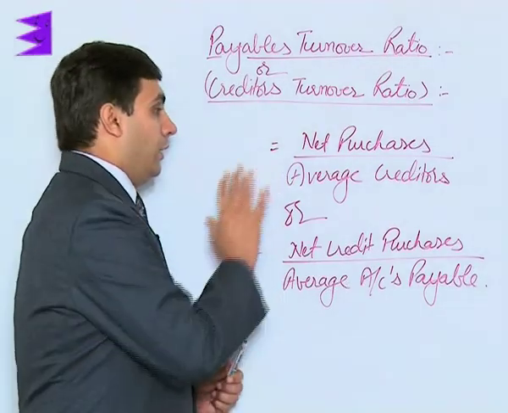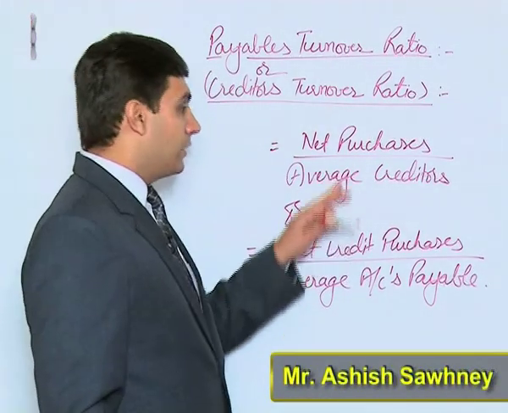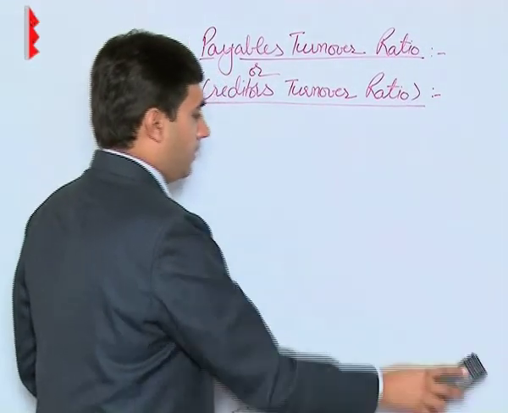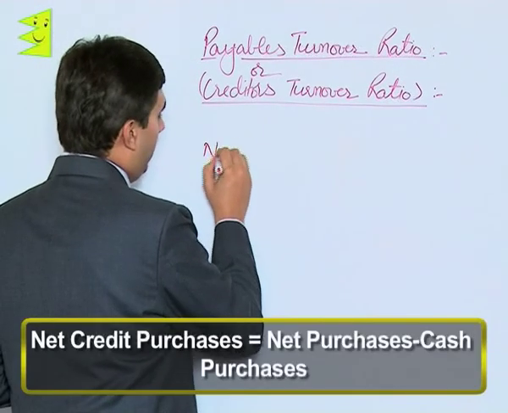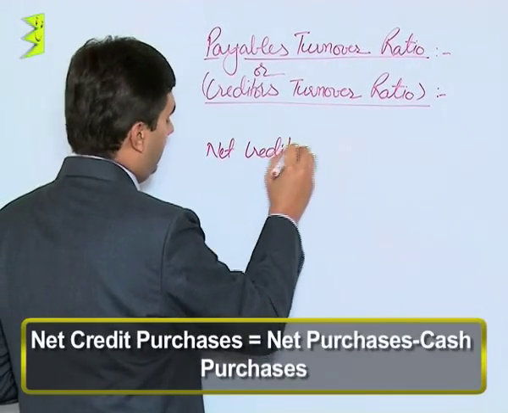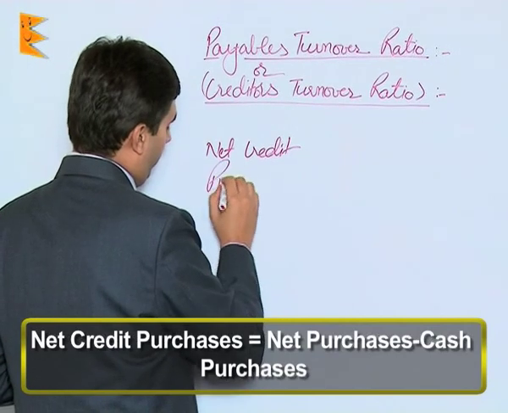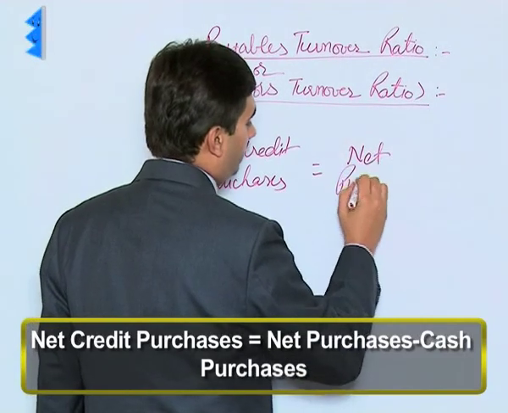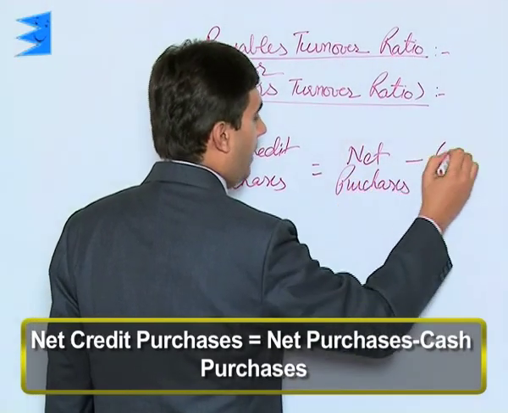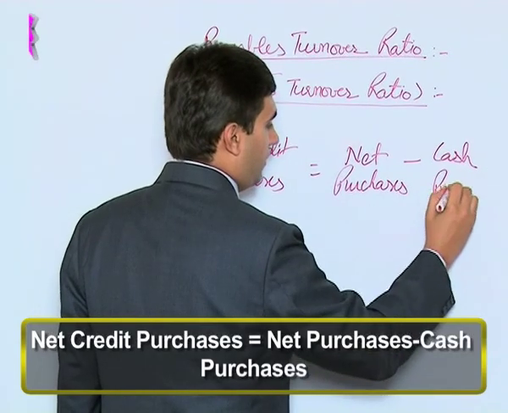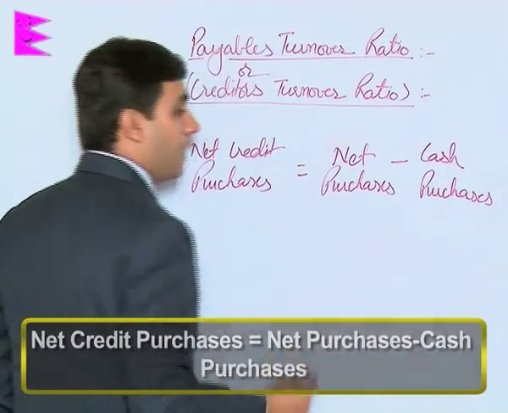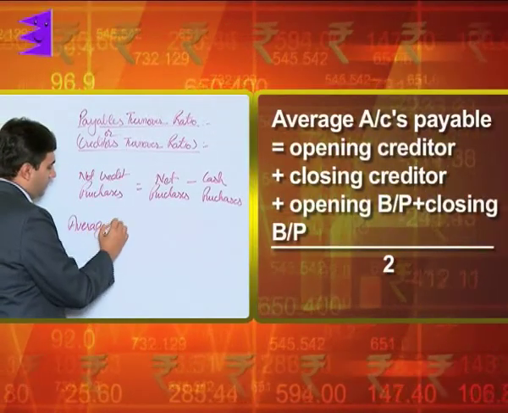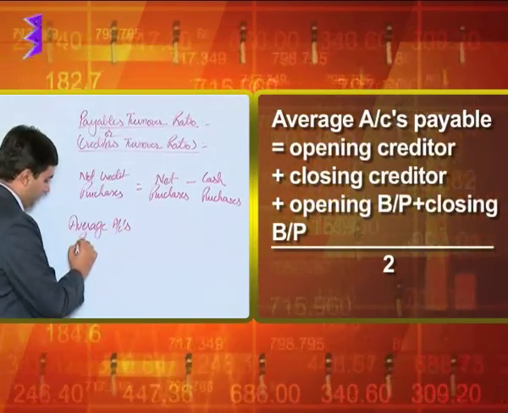Now, let us see how the various components of the numerator and denominator are actually calculated. Credit purchases, or net credit purchases, would be equal to net purchases minus cash purchases, and the denominator, that is average accounts payable,